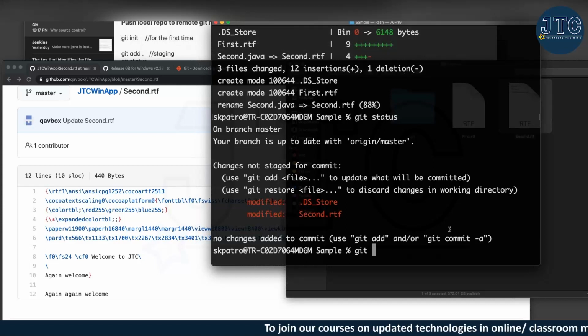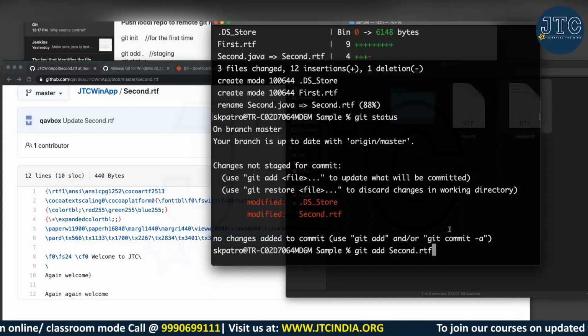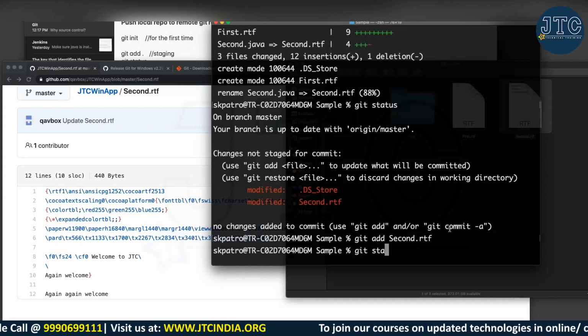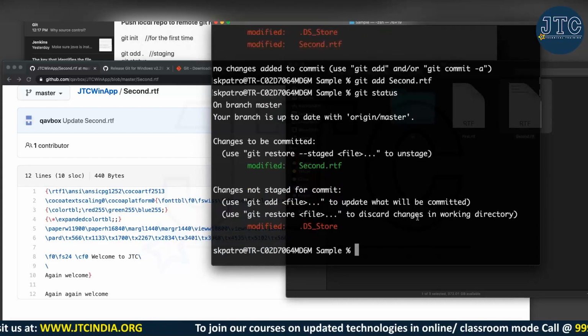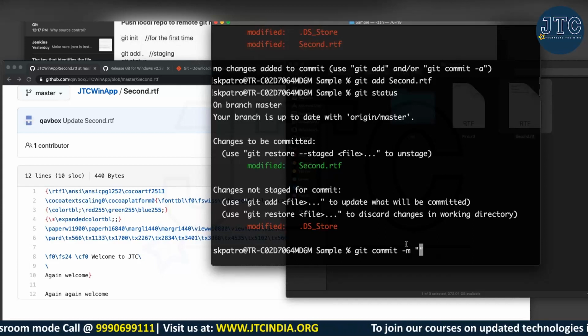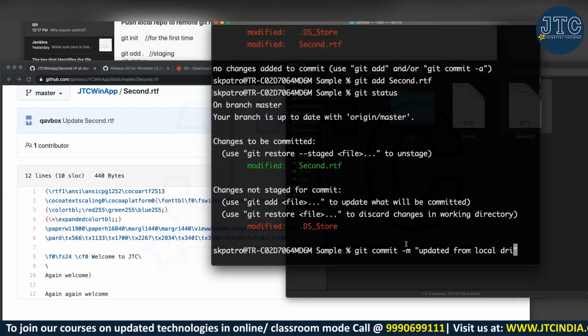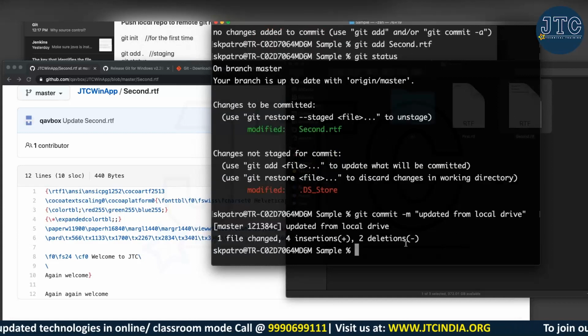So git add second.rtf. And if I do a status, these are all as usual. Now let me do a commit as well, because I want to keep everything ready. So git commit -m, and I will say updated from local drive. And I'm getting it prepared.